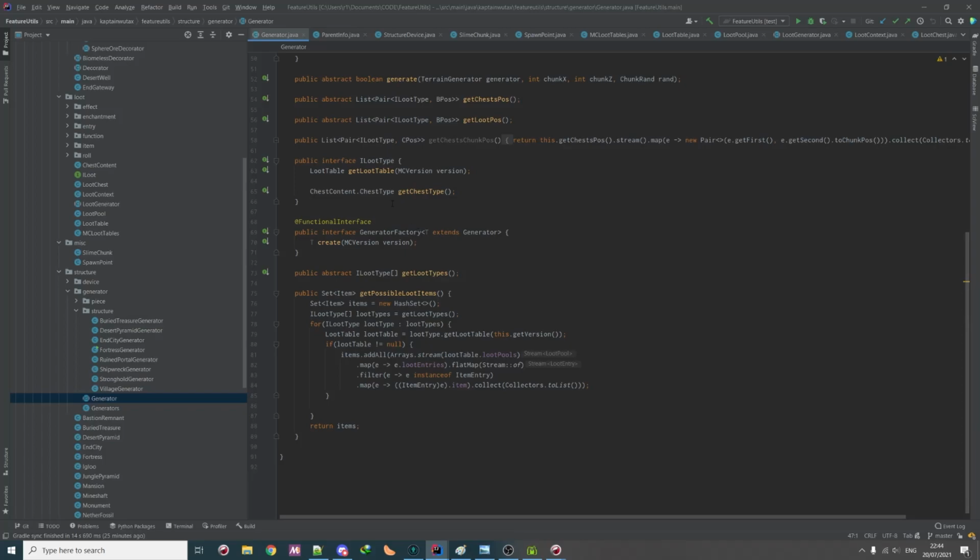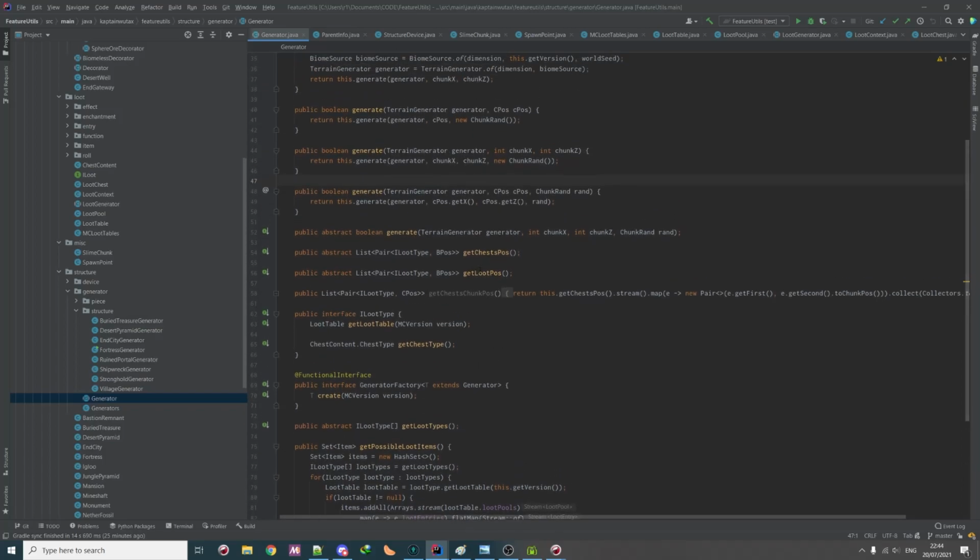You want to return the get loot position as simply the chunk position of the dungeon, after being sure it's actually generated. So you need to generate the cave. That's actually tough stuff. You need to generate the cave, generate the dungeon, then you get the loot position, and you need to put